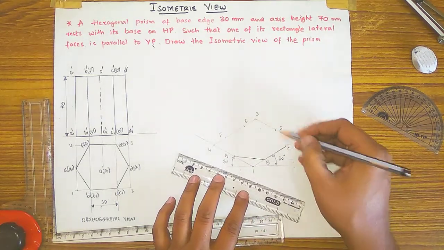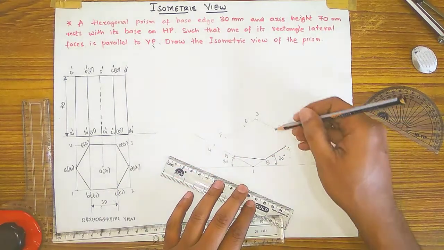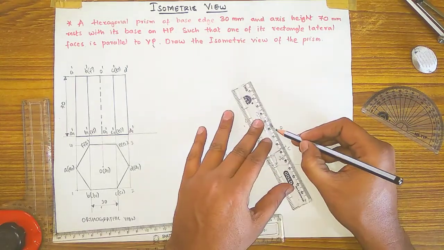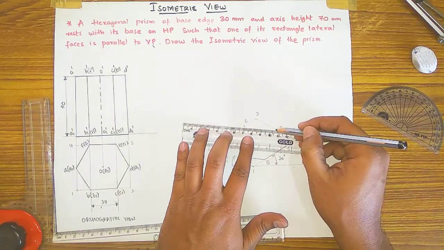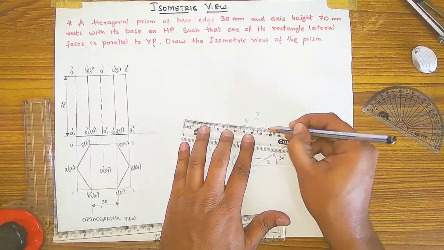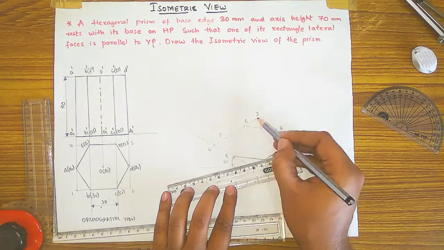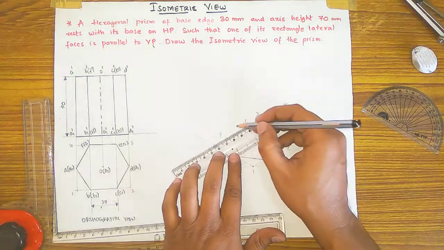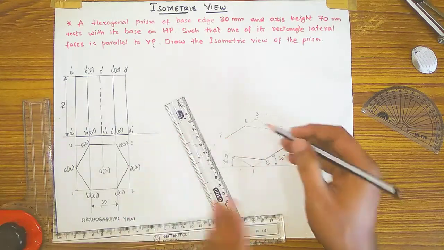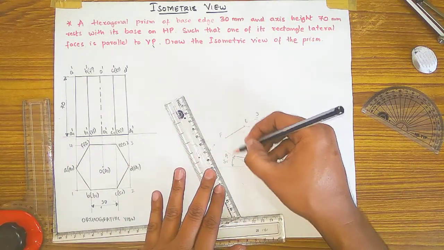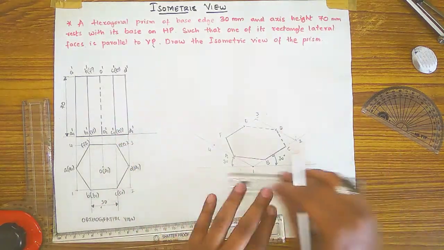And from C to D, it is backside, means the hexagon, if you see from the front, this C to D is invisible. For the invisibility you have to draw a dot line, and D to E is also invisible, so you have to do a dot line. Then E to F is invisible, you have to do dot, but in this it is coming on a boundary line, means you have to draw dark like this. Then F to A is visible from the front, means this edge is visible from front, so you have to draw it as dark. Okay, and the hexagon is drawn.